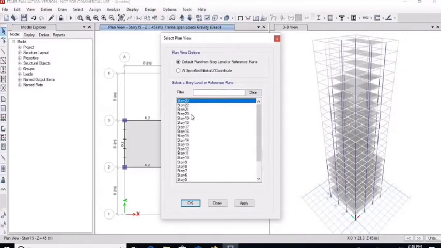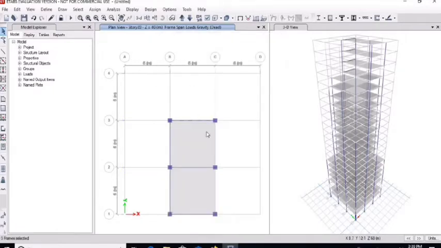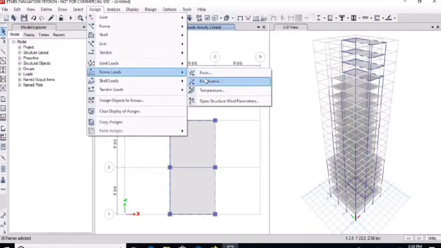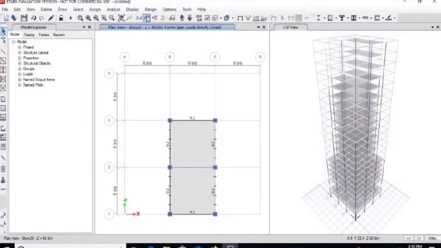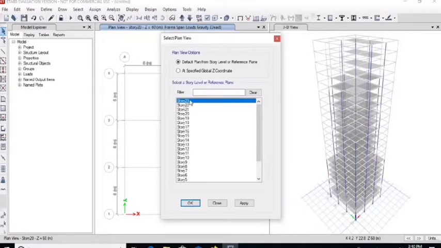Now go to the story number 20. Select all outer beams. Go to the assign menu, frame loads, distributed and apply 0.2 kilonewton per meter load. Click on OK. Then go to the top story 23.